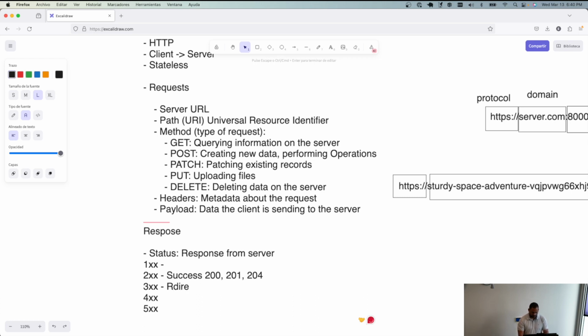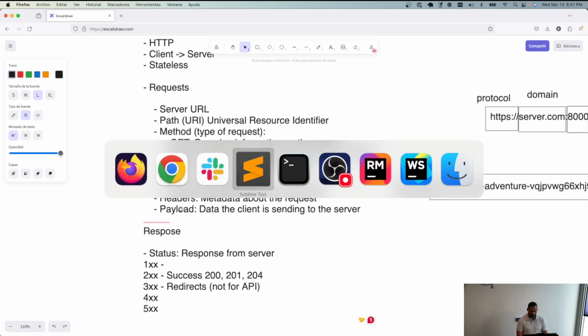300s are redirects. They're usually not for APIs. It's really hard to see an API returning a 300 status. They are used mostly for websites. So when you go to a website and the website redirects to a different page, that's actually a 300 response. This is a pretty common one. For example, when you do,